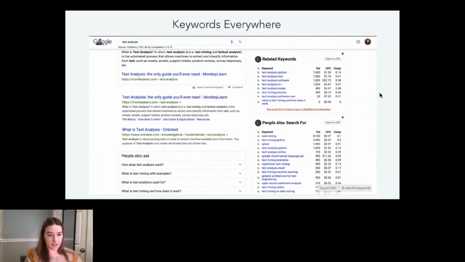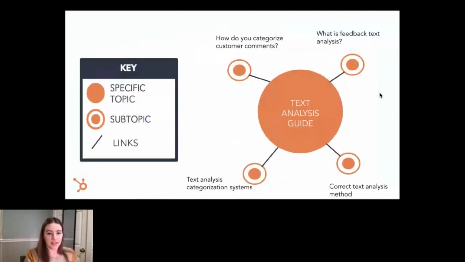The last piece of the topic cluster puzzle is links. So always link from your subtopic content to your pillar content. This piece is last, but it's not the least. Do not skip on the internal linking because it's central to topic cluster strategy. It's what allows Google to realize that the content is related, and it's what passes authority back and forth between the content. It's also what helps Google crawl your site more efficiently.